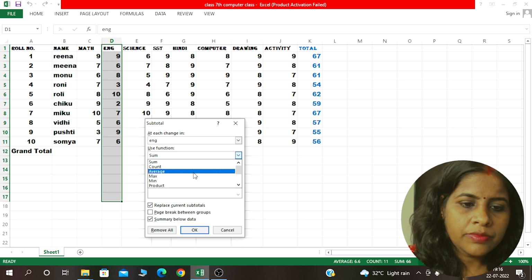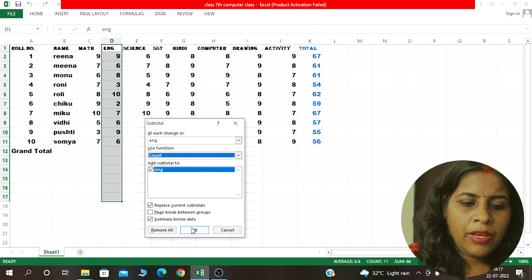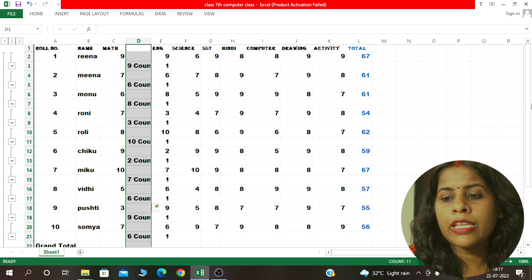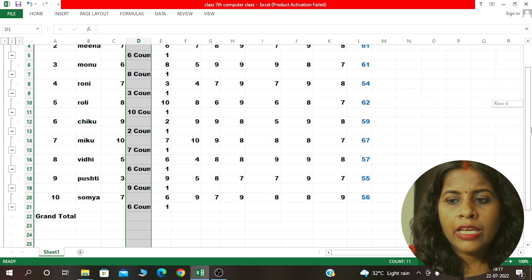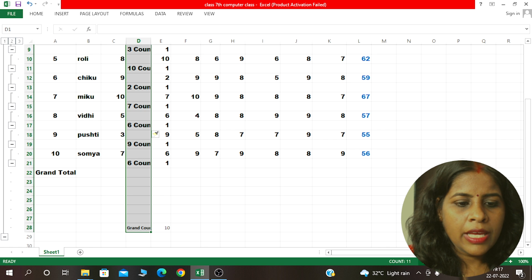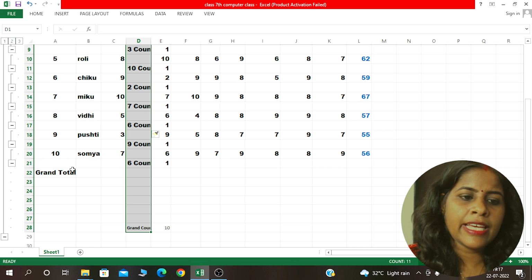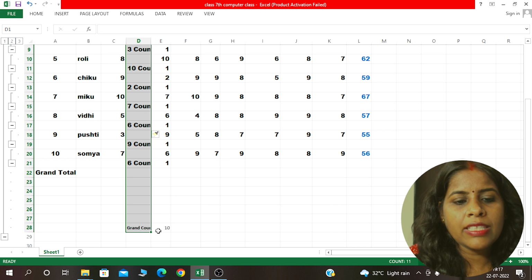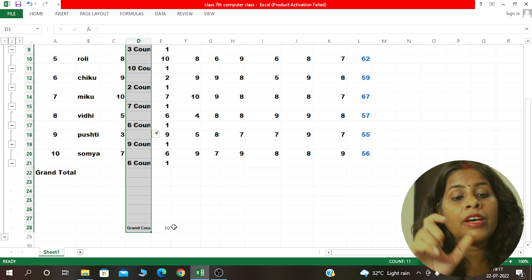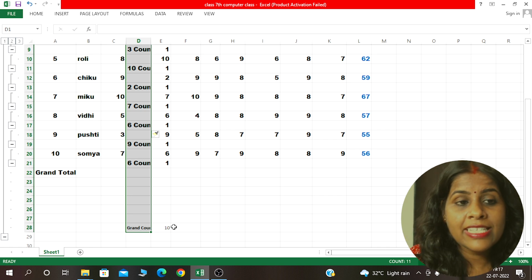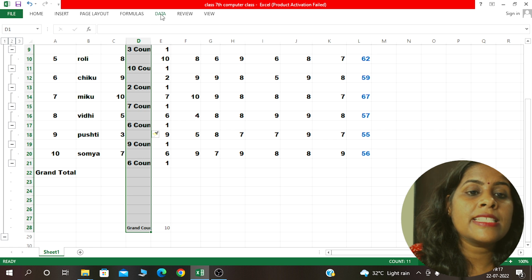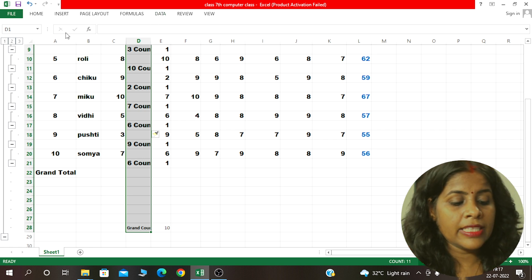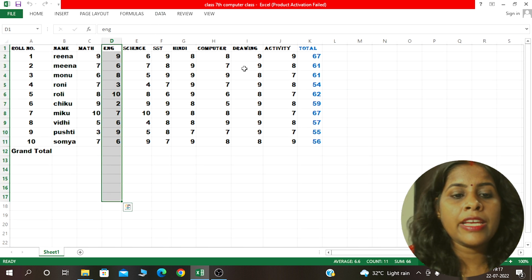Now we use count. We have to count how many numbers are there. You can see here there are 10 students, 10 roll numbers. So the count function works and gives the result 10. So these are the functions we can do